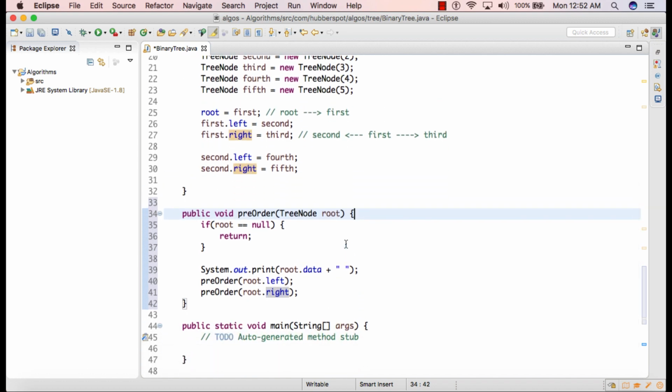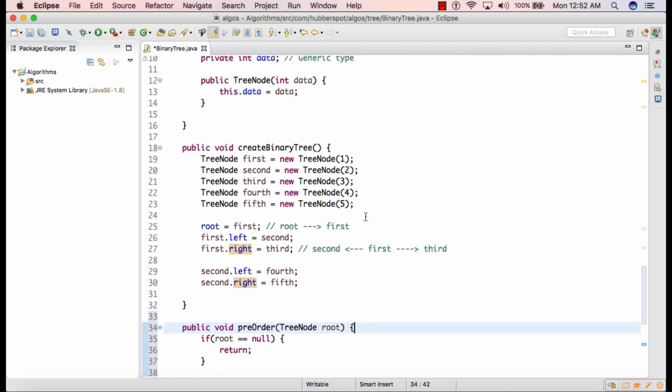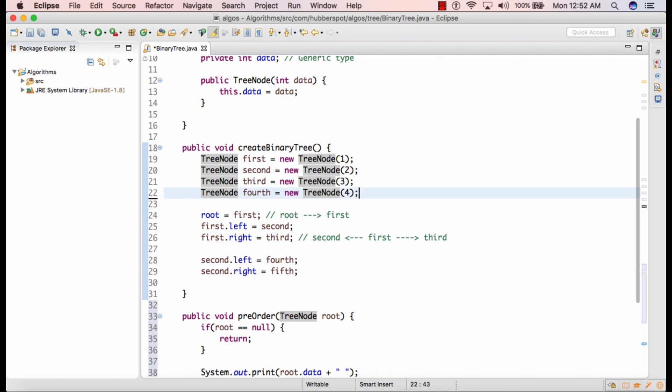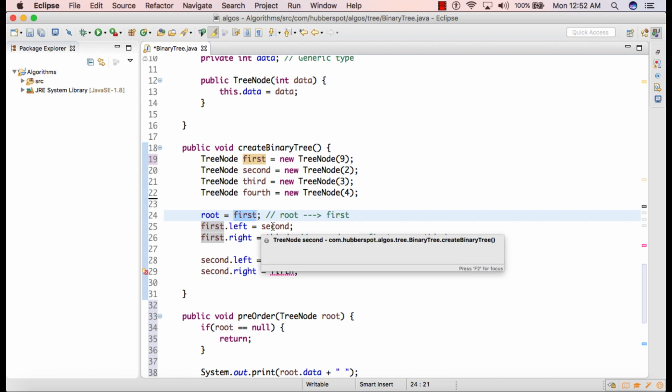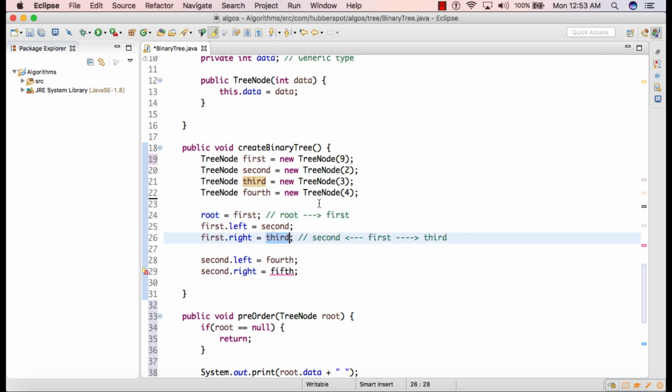Now let's test this working in the main method. So first we'll create a binary tree which we actually saw in the slide. In my previous tutorial I had created a few nodes, so I'll just remove one of the nodes. And I give the data which we saw in the slide as 9, 2, 3 and 4. So we saw that root was pointing to 9. 9's left was 2, and 9's right was holding a node having the data as 3. And we also know that node 2's left pointed to node 4. And we'll just simply remove this line.